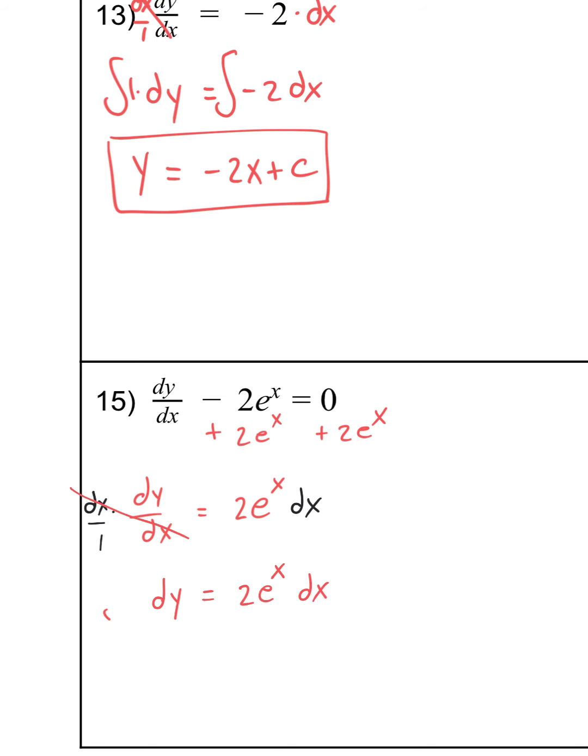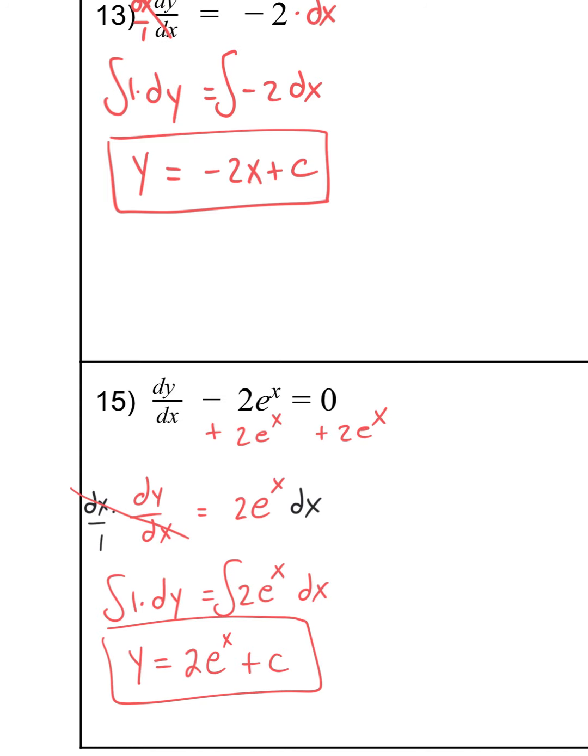Alright. I integrate both sides. There's still a 1 here. The antiderivative on the left is y. On the right, this 2 comes along for the ride. The antiderivative of e to the x, our favorite easy one, is e to the x plus c. Alright, and now finally,